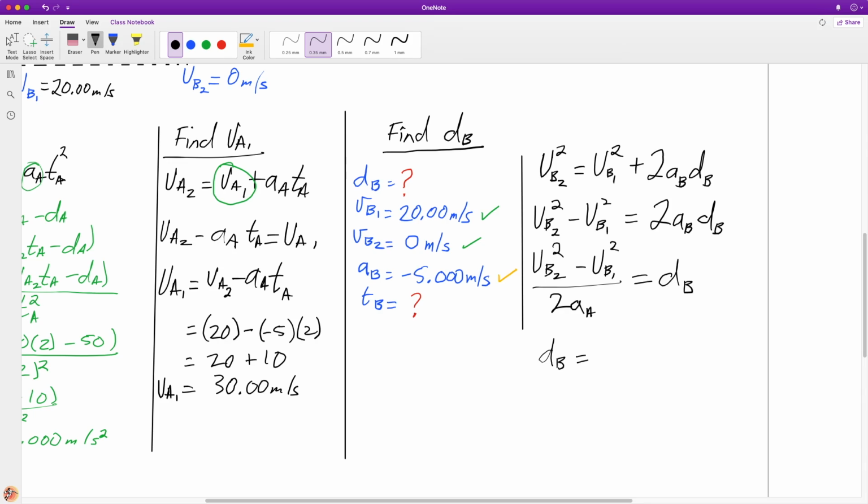So dB is equal to, substituting in, VB2 is equal to 0 squared minus 20 squared over 2 times negative 5. Now here's what we have to ensure. We know that the vehicle is moving forward, so the dB should ultimately be a positive number, and it's going to be. Because if you take a look, the numerator is going to be negative because it's 0 minus, and notice only the 20 is in the brackets, not the negative. So squaring will not affect the negative. If the negative was inside the bracket, the negative would be affected, but it is not. So 0 minus 20 squared is equal to negative 400 in the numerator, because obviously 0 squared is still 0, over negative 10. And this gives us a value of 40.00 meters. And that is